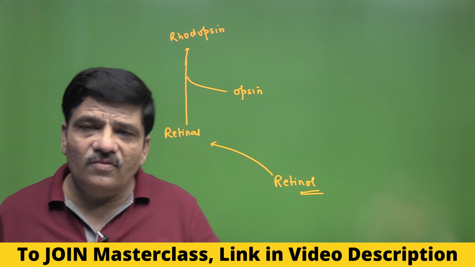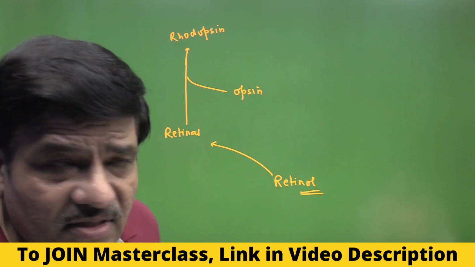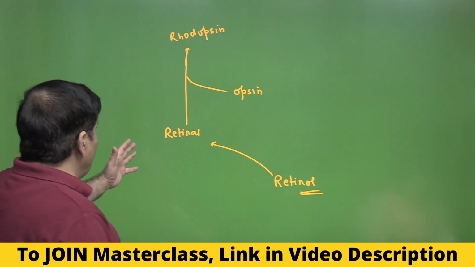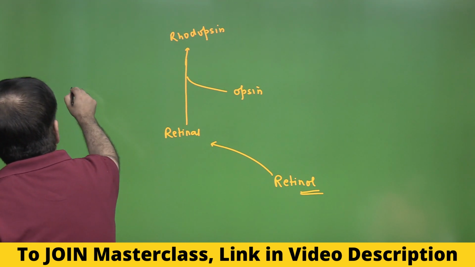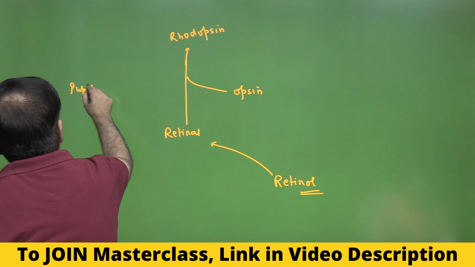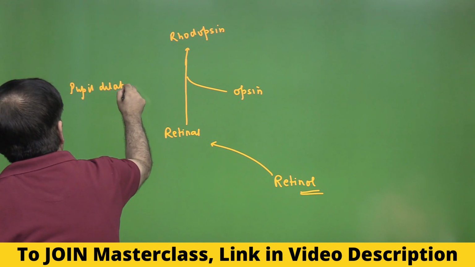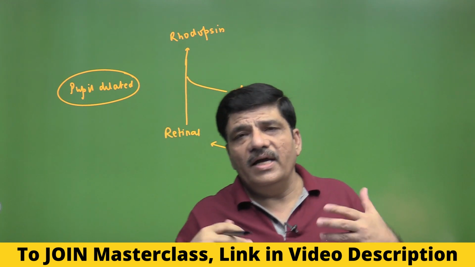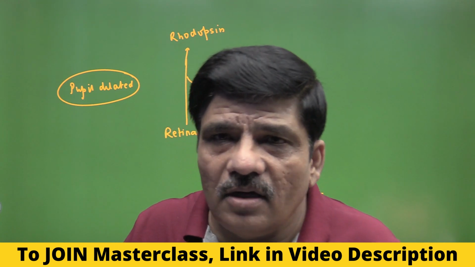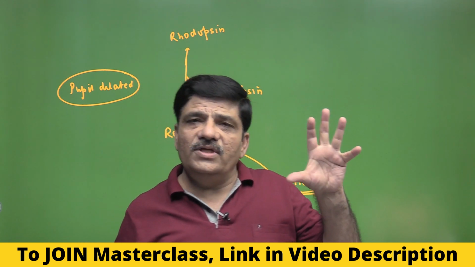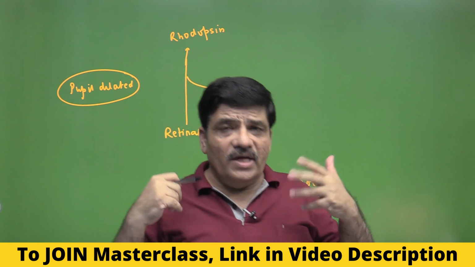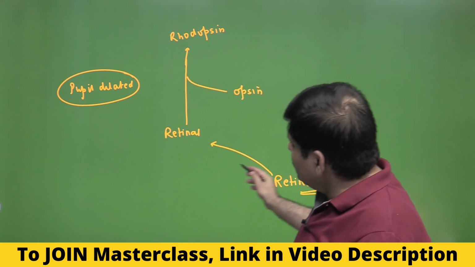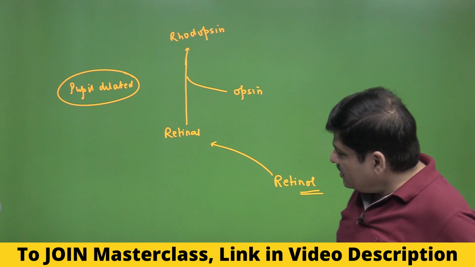So this is the second function of the human eye, which is called adaptation, and this would be called dark adaptation. And with dark adaptation, you expect that there would be pupil dilation. If the pupil gets dilated, the size of the pupil is increased, then immediately you can understand that more light, whatever is available, because light is now getting limiting. So there is a logical thing that the pupil should be dilated so that more light is able to pass through it. So this is what happens during dark adaptation.